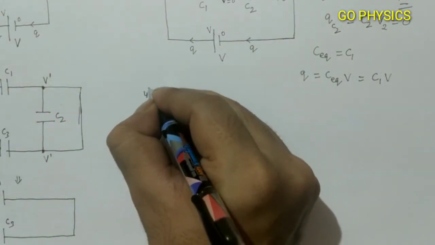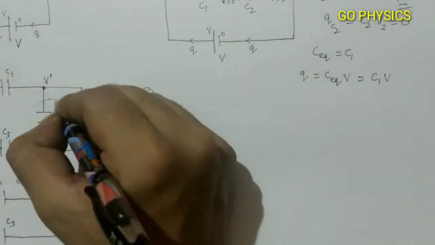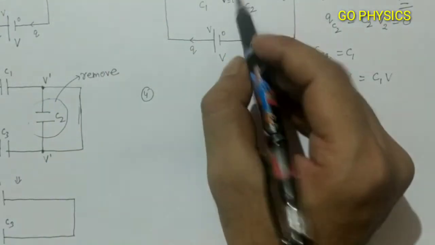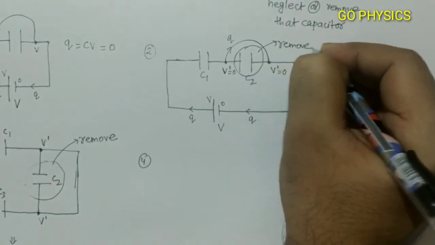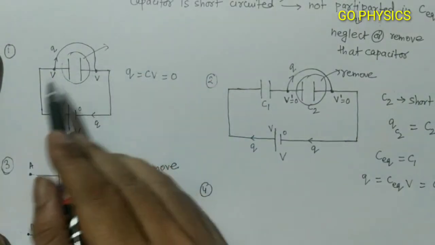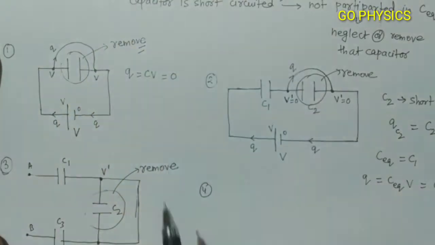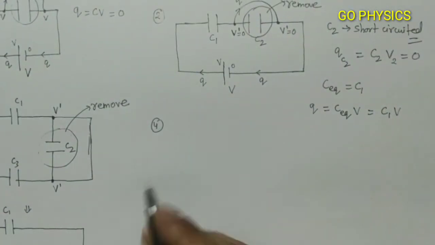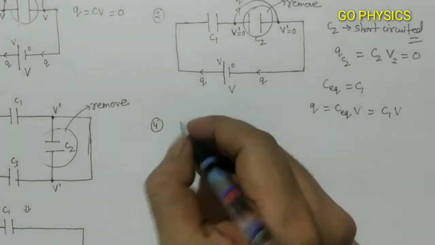Let us consider this is our example number 4. So what I told here is that we simply remove this capacitor. In this case, remove this capacitor, but as I told earlier, this arrangement is wrong, because there must be some resistor in the circuit. Now see example number 4, that we have an arrangement like this.